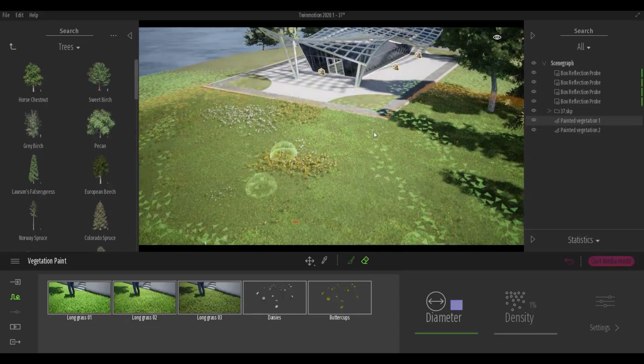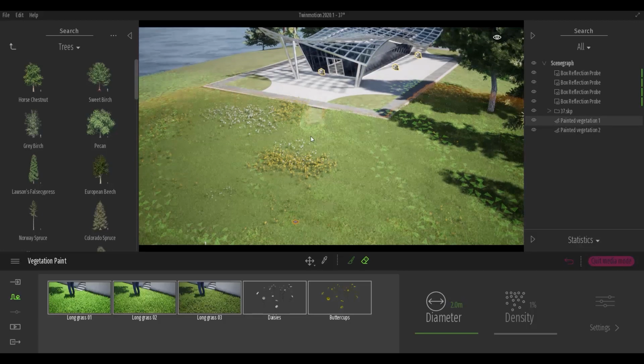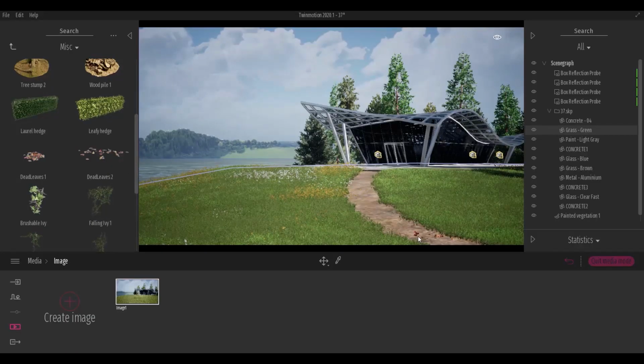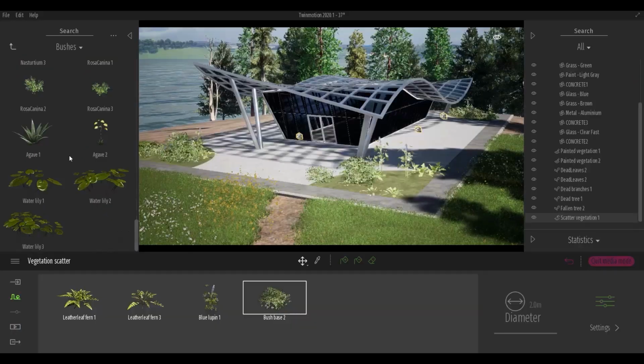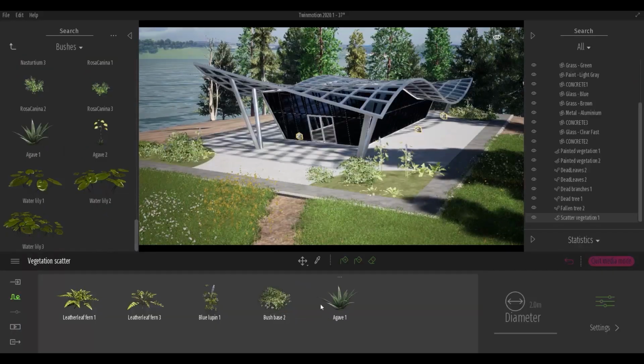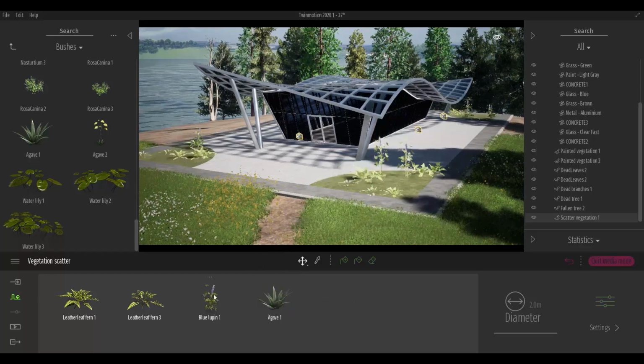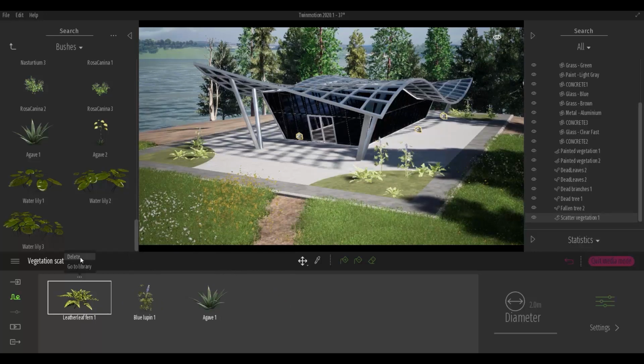To make a natural dirt road, I just erased the grass with the erase tool. I also added miscellaneous items on the dirt road, like dead leaves. I think Twinmotion 2020 must be improved with additional small planting with flowers.